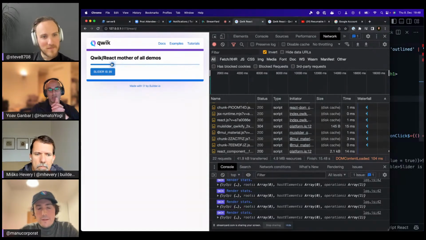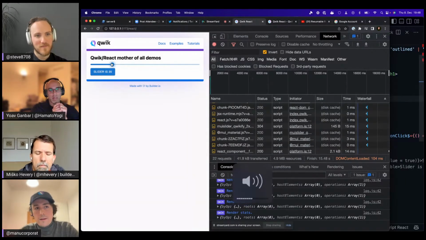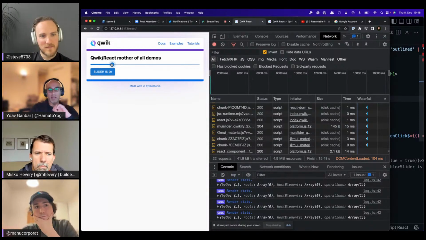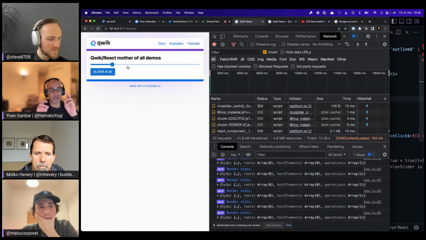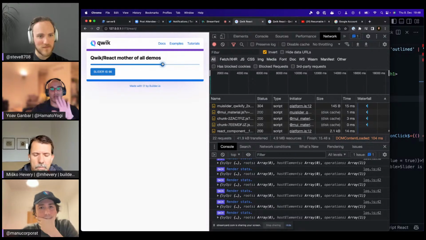Right, but maybe it's important, let me see if I understand this correctly. So without us adding those Qwik directives, the React component will be completely server-side rendered and sent down the wire as HTML. But in order to gain interactivity, we have to use the host syntax for Qwik, correct?